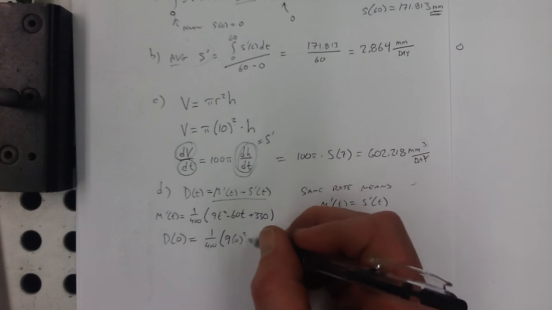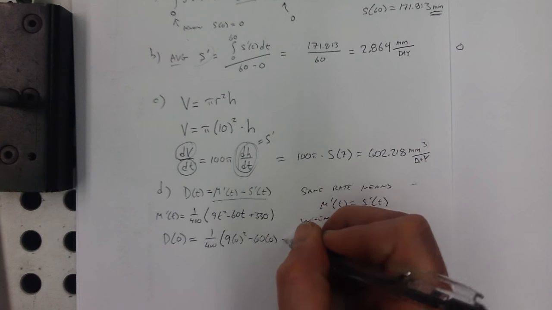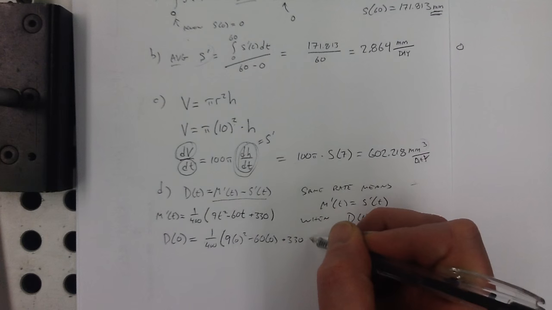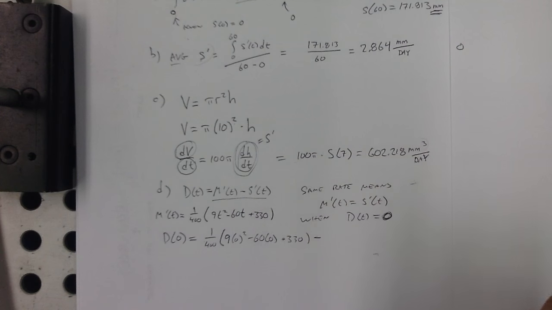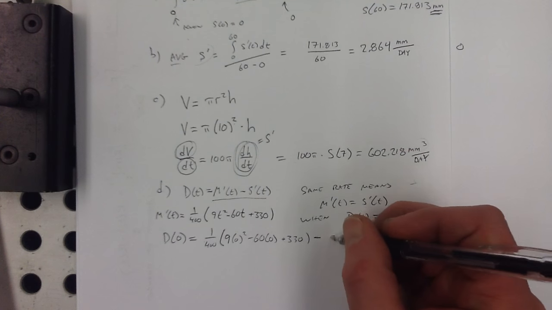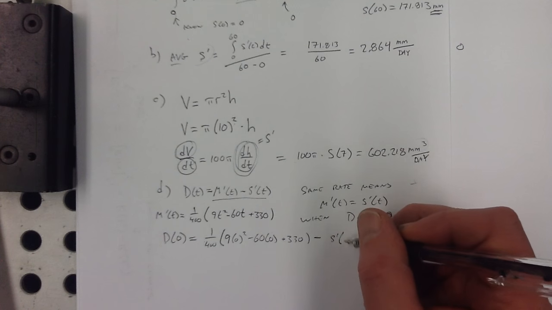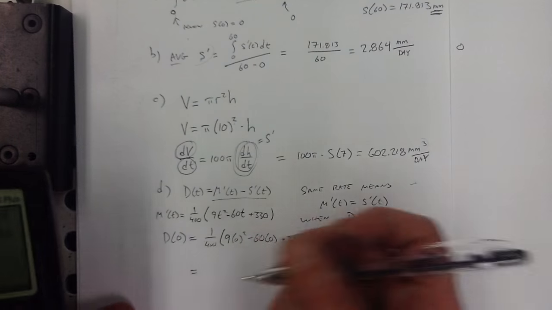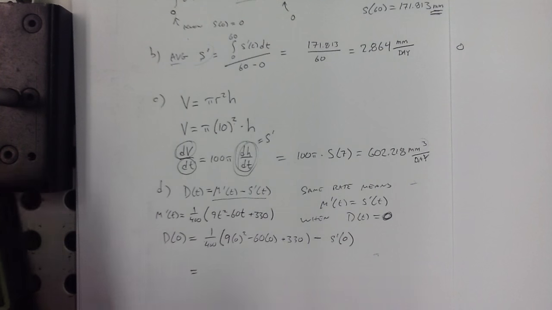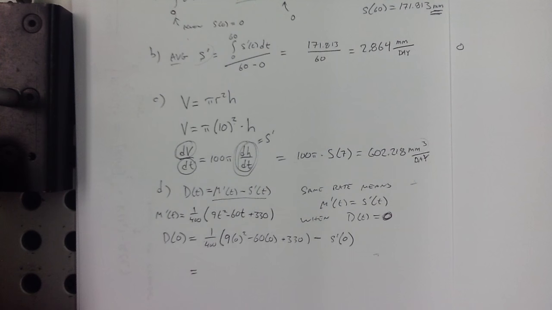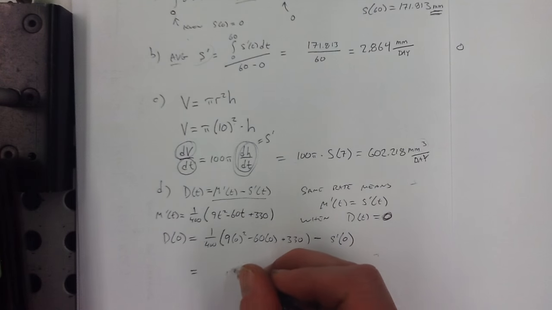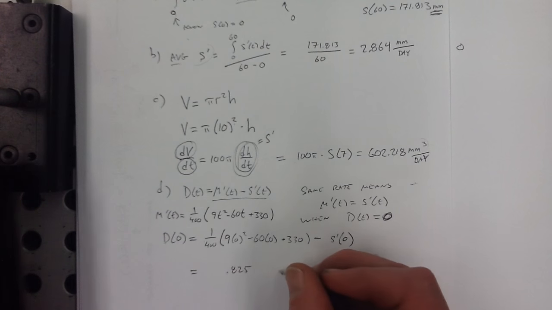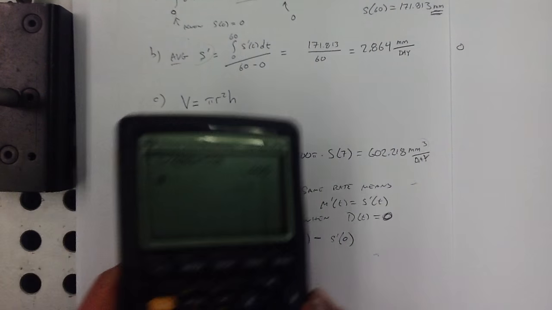So that's 9 times 0 squared minus 60 times 0 plus 330, minus s prime of 0. So let's see. 1 over 400 times 330, that's 0.825, minus